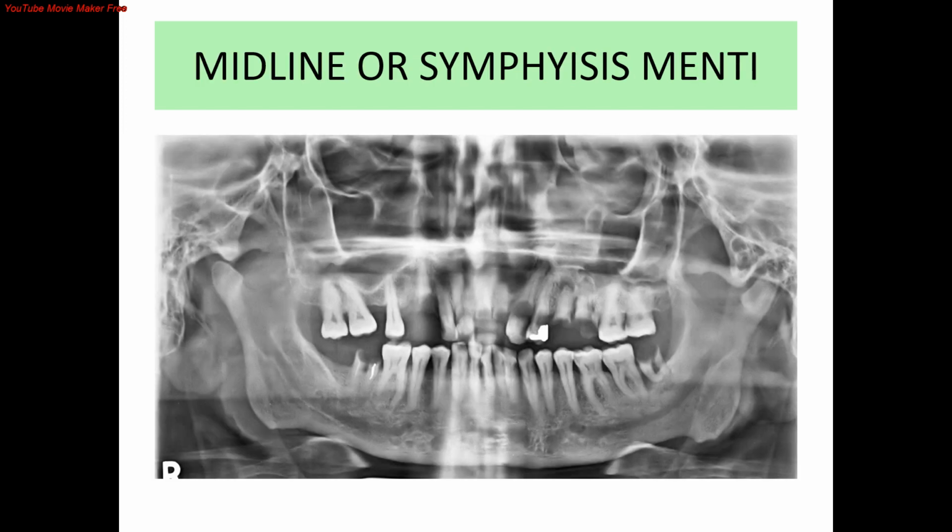Midline or symphysis menti is more radiopaque because the mental protuberance and increased trabecular numbers make it radiopaque. It can also become more radiopaque because of attenuation of the beam as it passes through the cervical spine. Many modern panoramic machines automatically increase the exposure factor as they pass across the cervical spine region to minimize this opacity. Sometimes lingual salivary gland depression is seen as a bilateral shadow around the midline.